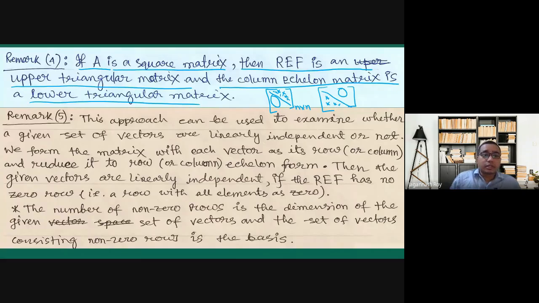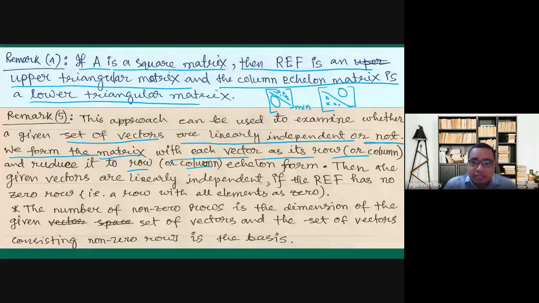Now this row echelon form has a beautiful application: to verify whether a given set of vectors is linearly independent or not. So how to do it? The given set of vectors is written as the rows of a matrix. Then we reduce it to either row echelon form or column echelon form, and then check how many